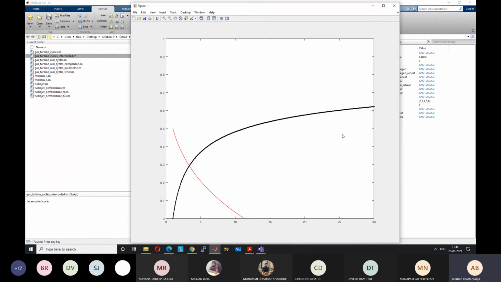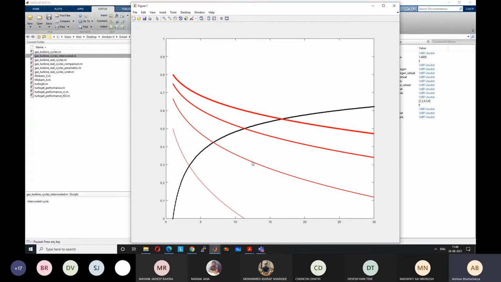These plots we have already seen, I'm just repeating. This is for regeneration. Red lines are for regeneration. So the first thin red line is T equal to 2. Then the thicker red line is T equal to 3. Even thicker one is T equal to 4. Now this one is T equal to 5. And this is for T equal to 6. So we have studied this, the highest efficiency at the limit for the regeneration cycle. This is simple regeneration, Brayton cycle with regeneration.